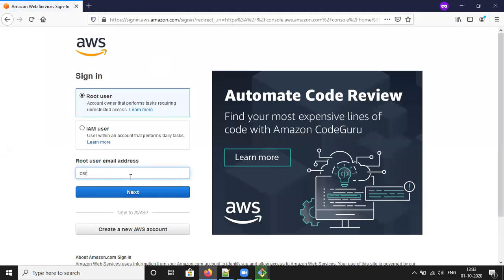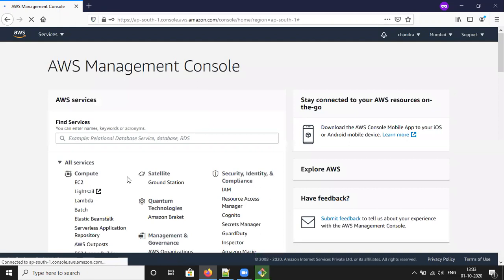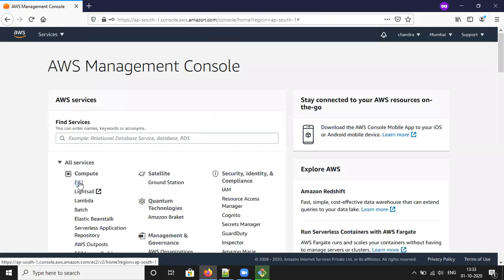Use your login information to log into your account. Once you log into your account, go to the EC2 dashboard.